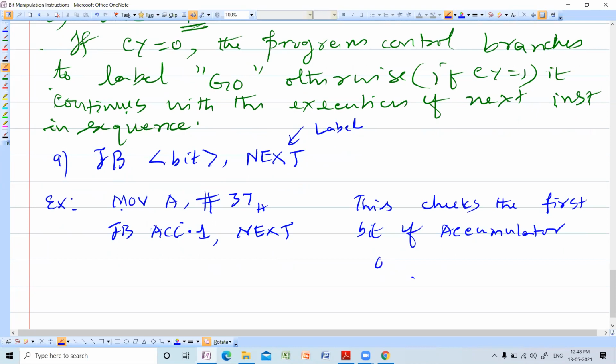So 37 is 0011 0111. So this is bit 0. This is bit 1. This is bit 2. This is bit 3. This is bit 4. Bit 5. Bit 6. Bit 7. So it is checking the first bit, that is, it is checking this bit. So what happens?